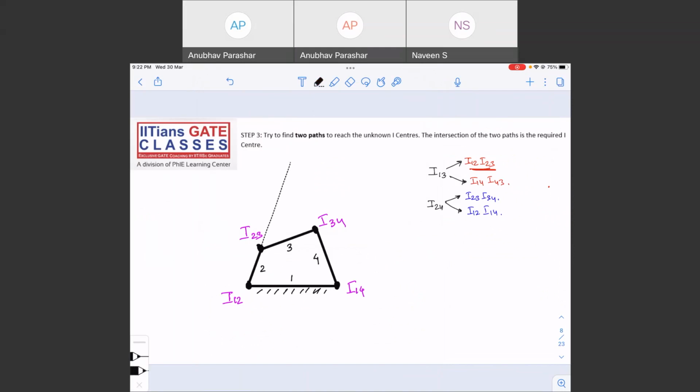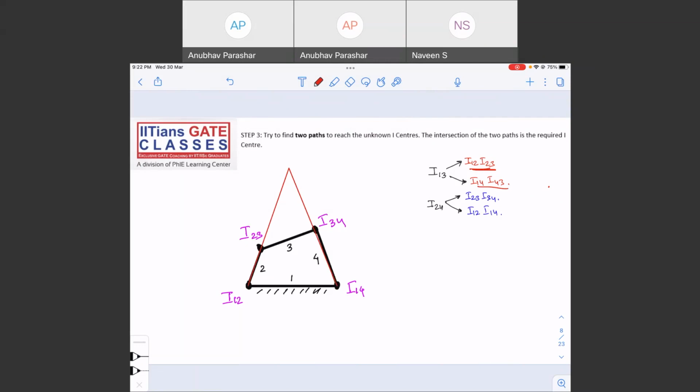Let me join this line. Then 1 4 and 4 3. Okay, the point where this intersects